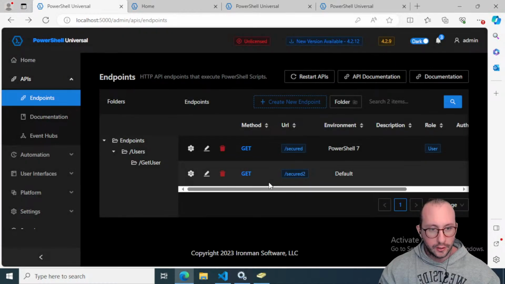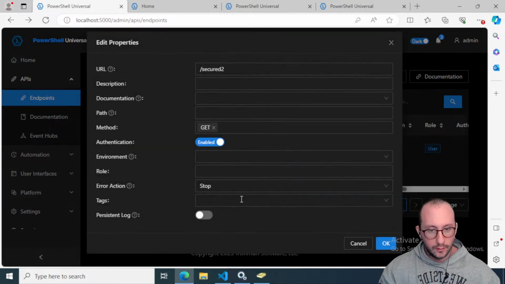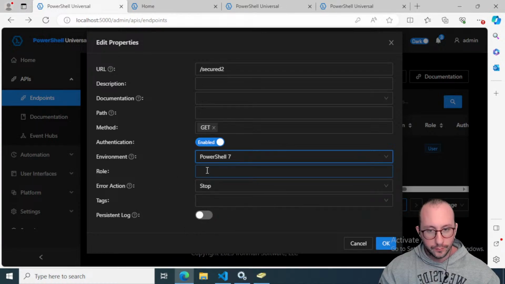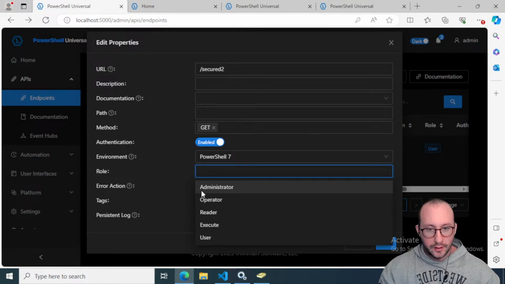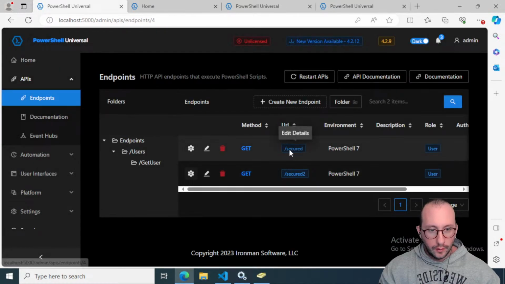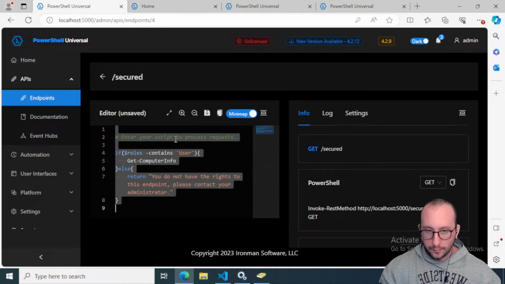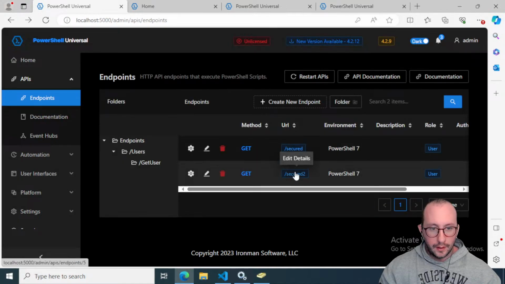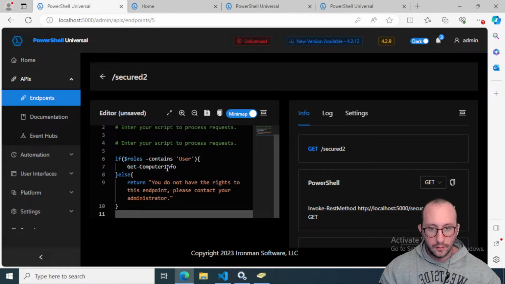So we aren't actually modifying that one. And let's put the environment to PowerShell 7. Authentication is going to be, we're just going to put it back to user real quick. And all we're going to do is copy this